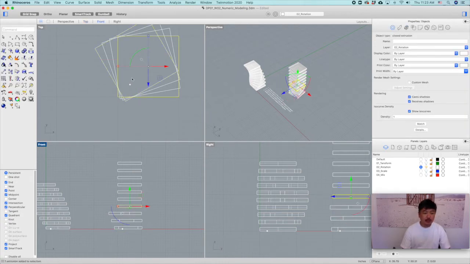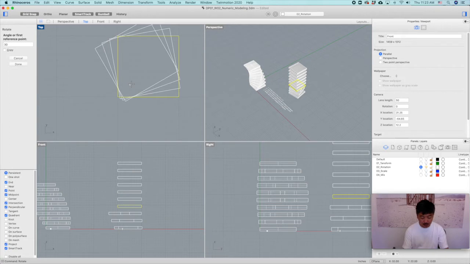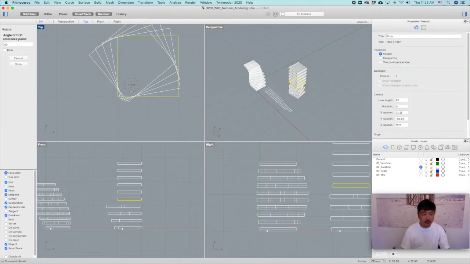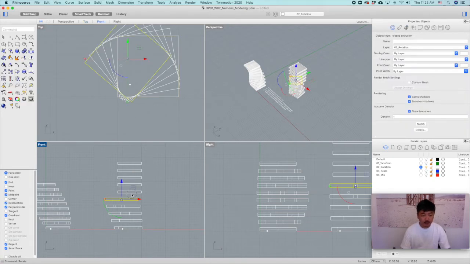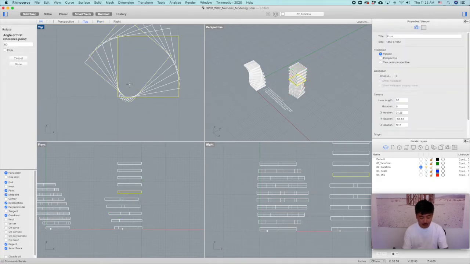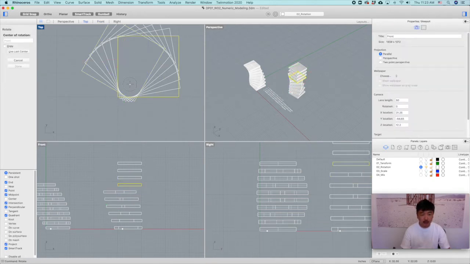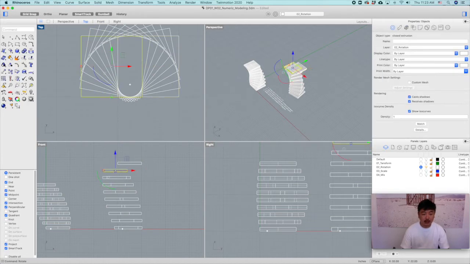And then you keep repeating this process, 40, 50, 60, 70, 80, 90,